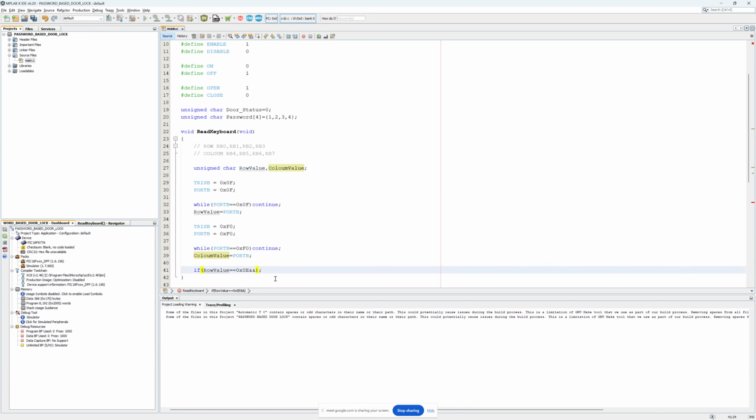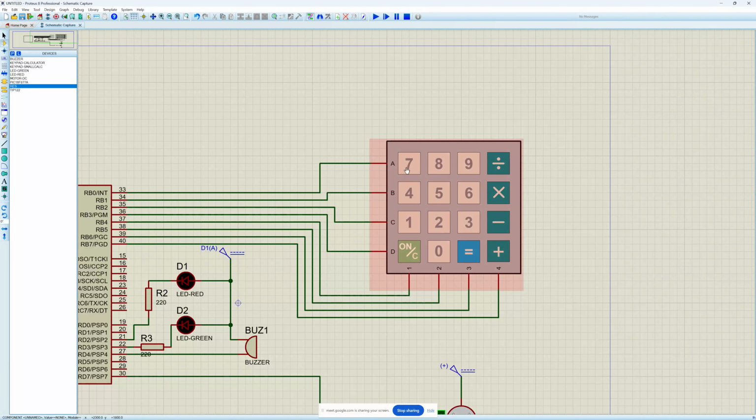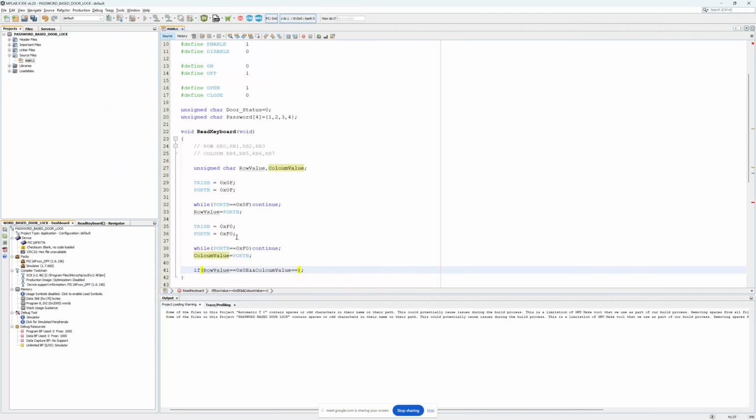We got both the values, right? Column value equal to what? What would be the column value? 7 represents this column, right? So this column stays here at RB4. After column change, this is going to be 0 if the button is pressed. So 1 1 1 0, remaining all are 0. Triple one zero means E. So here also we are going to write 0xE0. Okay, so if this is the case,